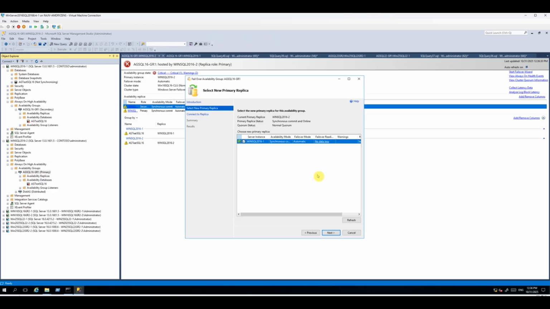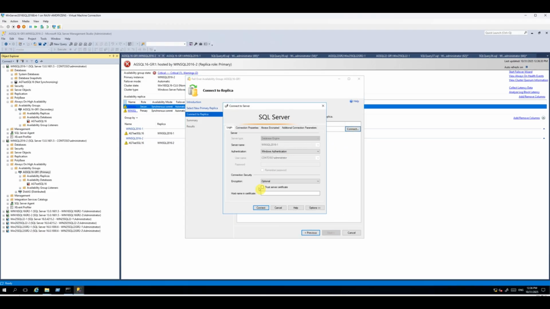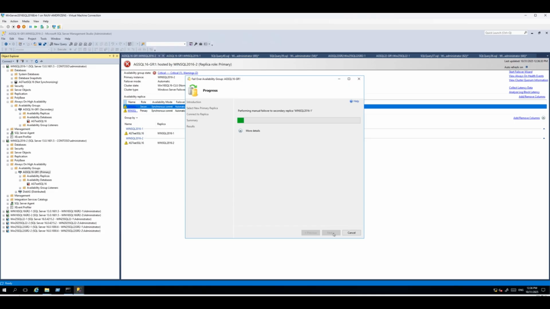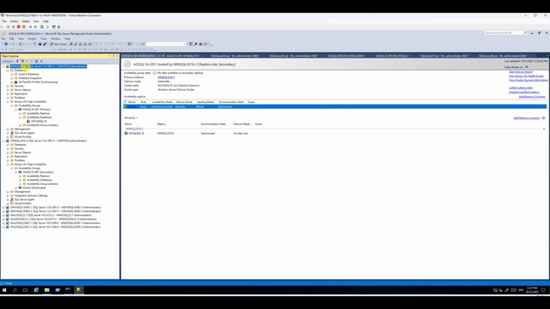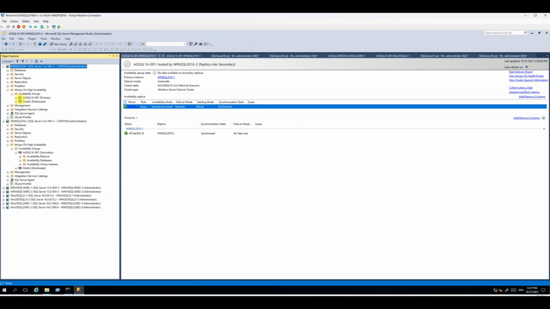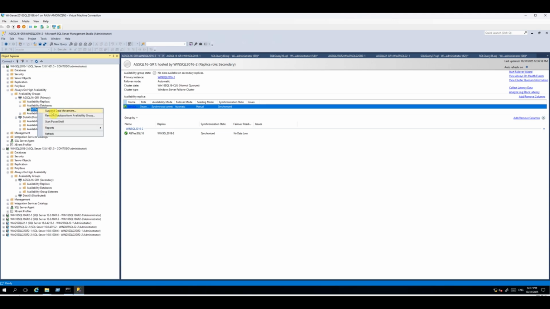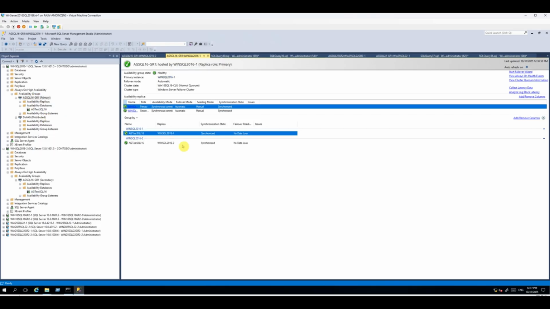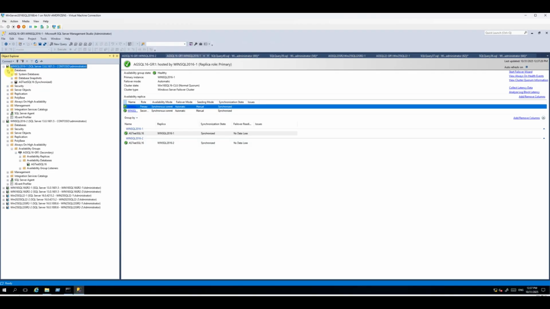Let's do a failover or a failback. Let's refresh. Okay, that's green. Let's refresh. That is also green. And yeah, it's green. So maybe we just have to wait for some time, or you can do a failover, failback. So now this 2016 has its own set of copy for this database,